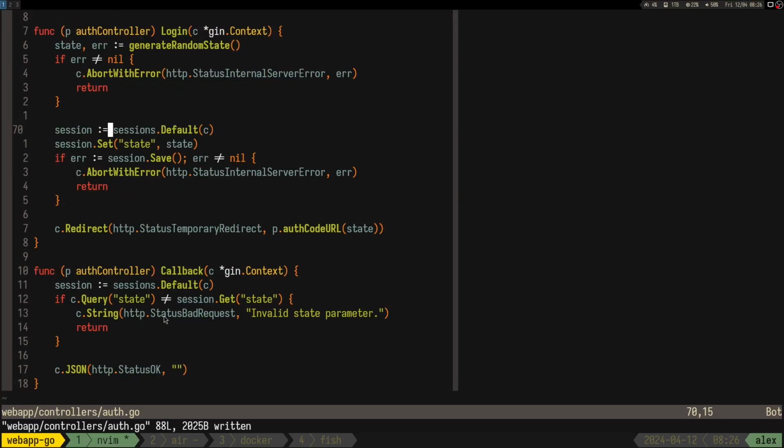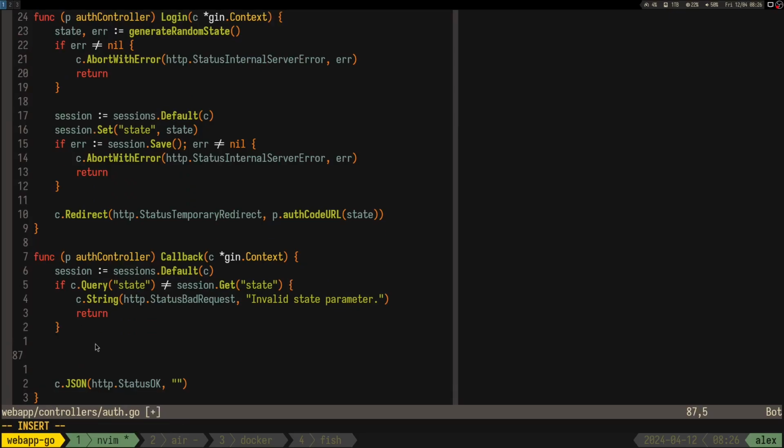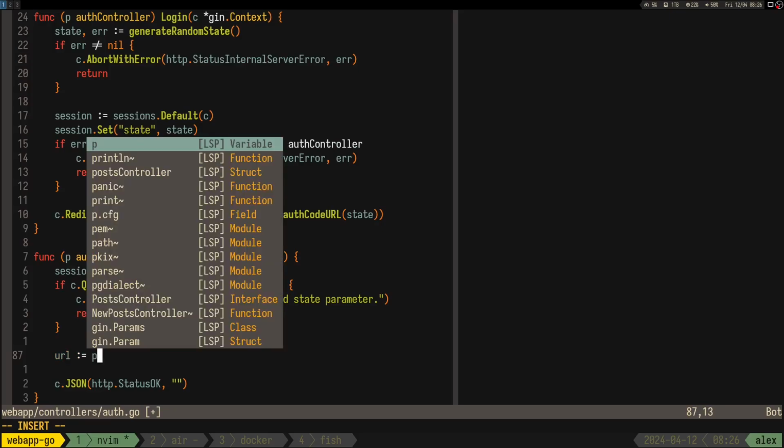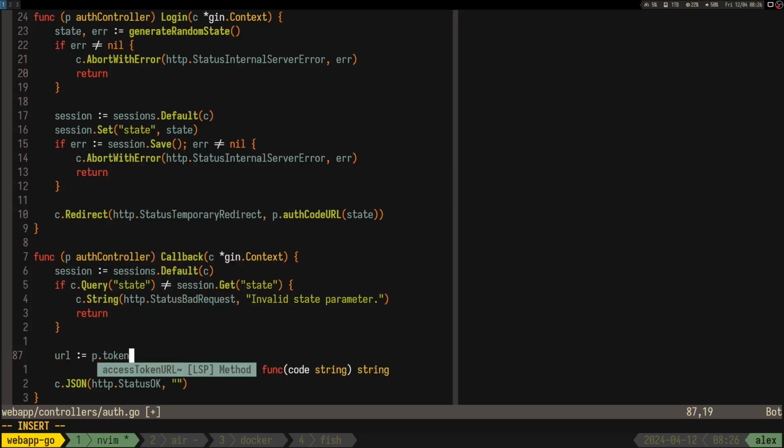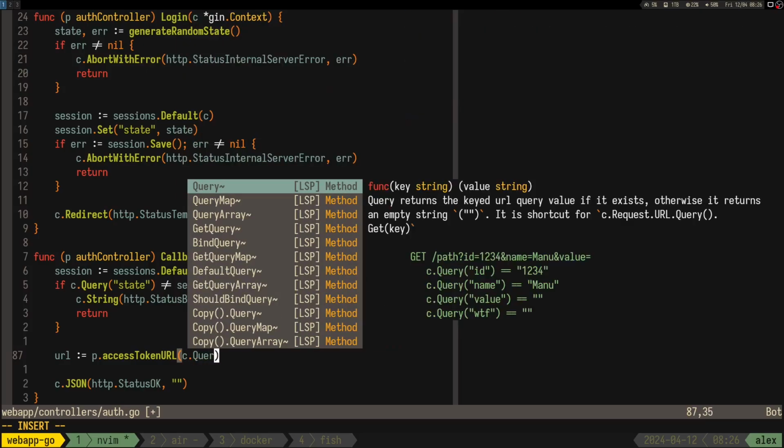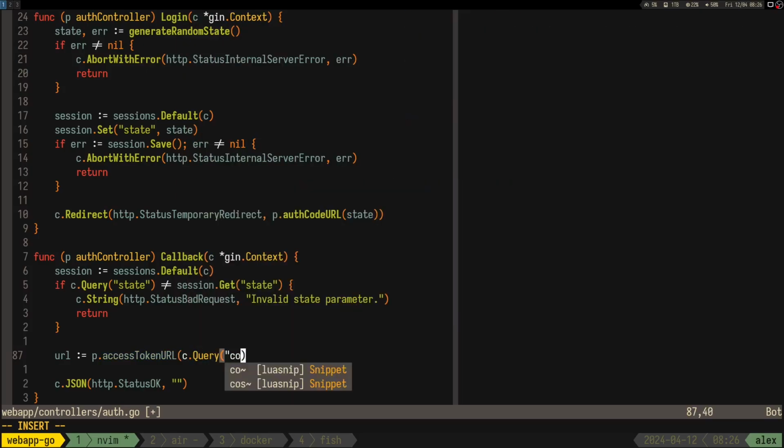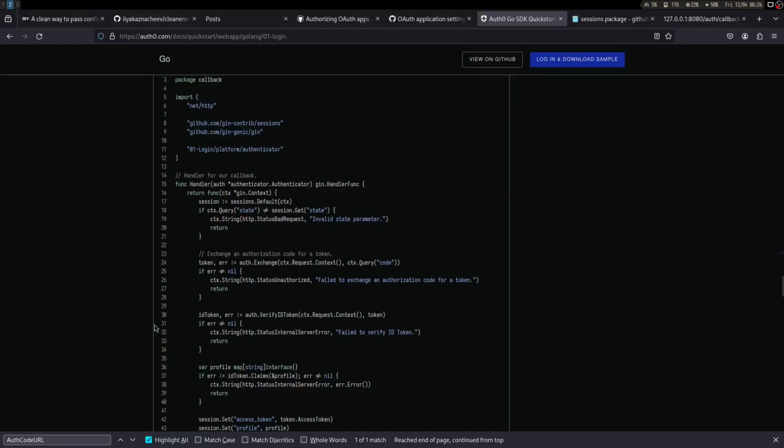So the URL is going to be the access token URL. We should give it the query code, right? We need to make